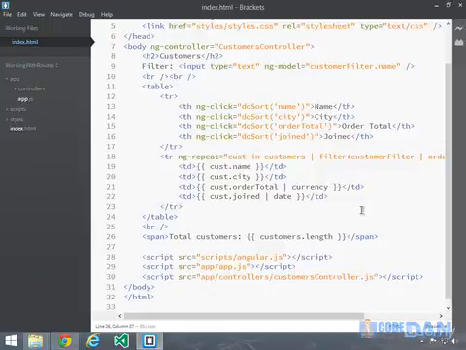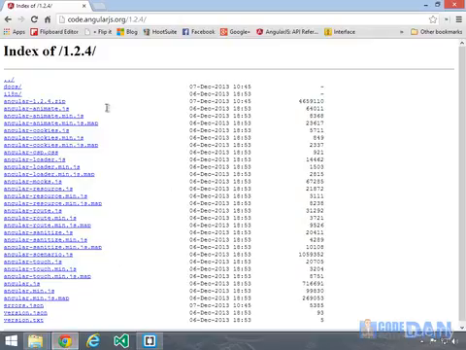The first thing you need to do to add routing into an AngularJS application is add a script reference to an angular-route.js file. Now, the first question you should probably ask is, okay, where do I get this file? Well, you can actually go from angularjs.org to get there, but one of the easier ways is to go to